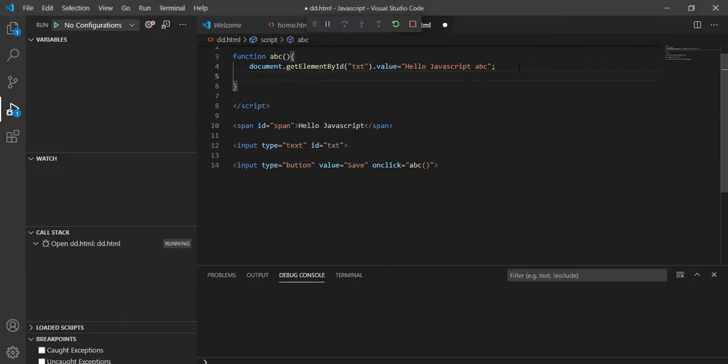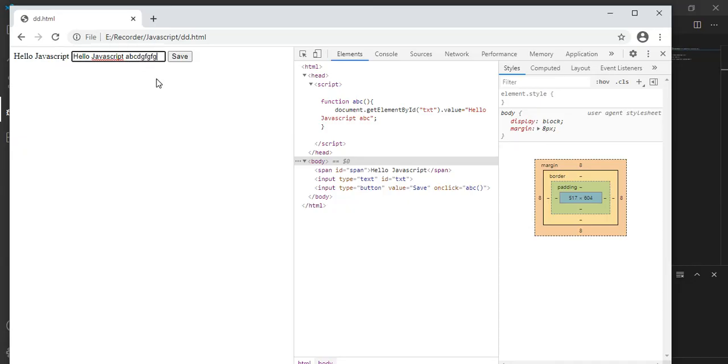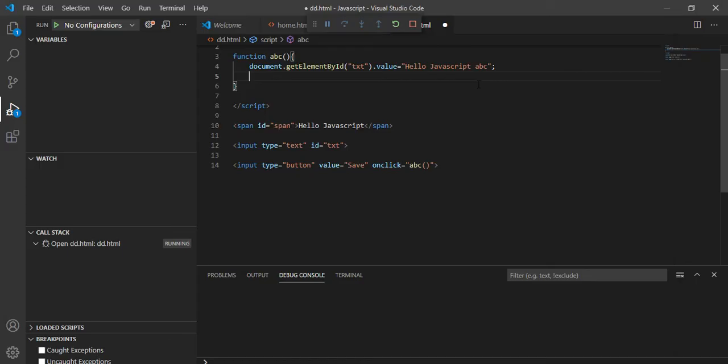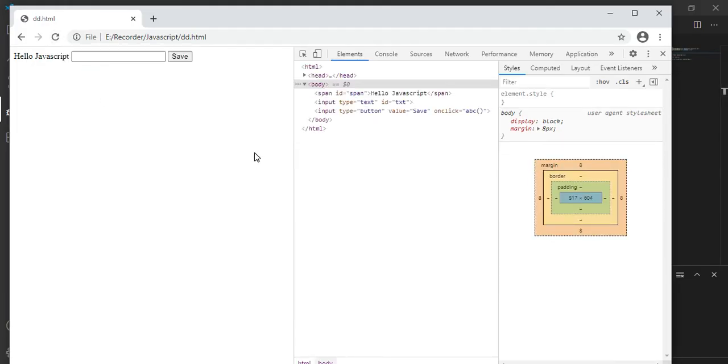Now the second step is that we will disable the text box. It is in enabled mode currently, right? I can edit it, but in the next example I will make it disabled. So element by id, txt, dot disabled, and I will make it true. Save, go back, empty the cache and click. See, it is disabled, right? So how can you enable it?